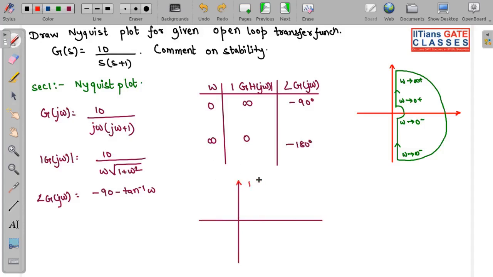So this is imaginary part of G j omega. This is real part of G j omega. Okay, and your polar plot, it will look like this. Omega tends to 0 plus to omega equal to infinite plus. Now whenever we have this, so this is our what? This is our section 1. Sorry, I have written Nyquist over here. So this will be your polar plot.